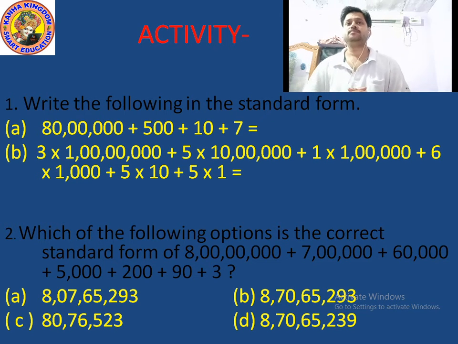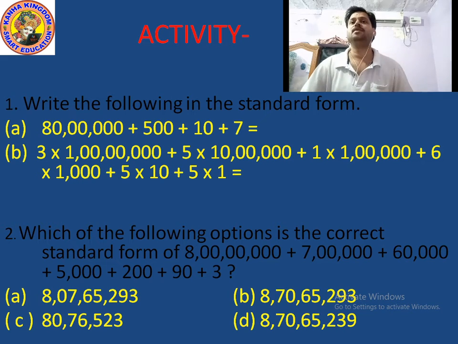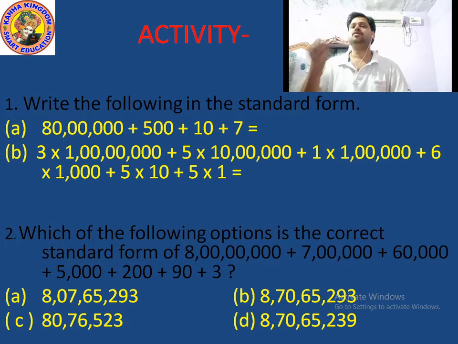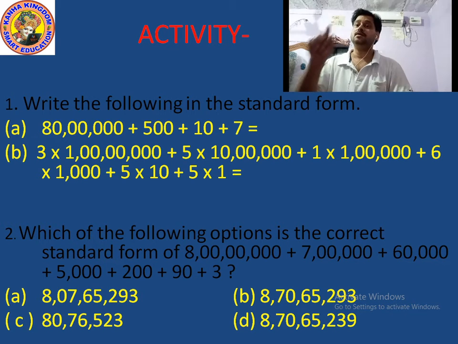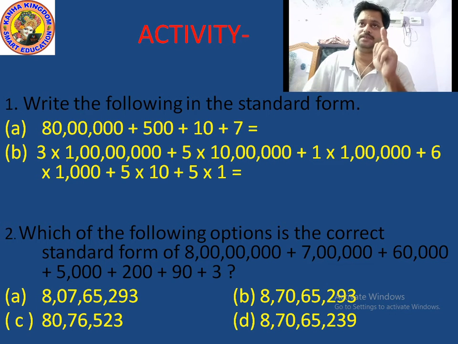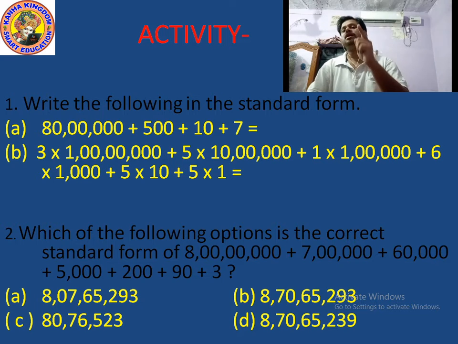You all know crores means 3 commas. So what you have to do? 3 commas. 50 lakhs plus 1 lakh is 51 lakhs. So 51 comma. Now you see 6000. Which one is missing? You understand which one is missing? If that place value is missing, what you have to do? You just put 0.